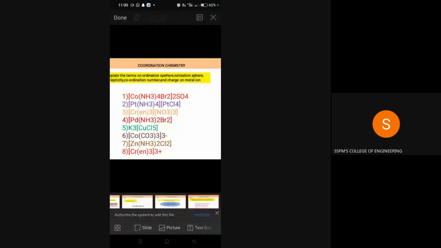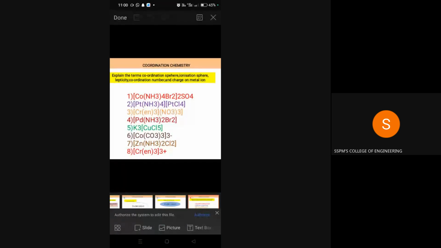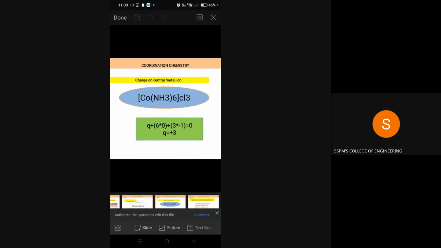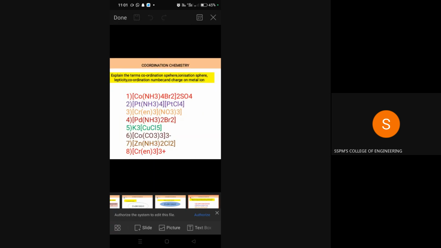सो आता पहिला जो कॉम्प्लेक्स आहे, लेट अस सी द फर्स्ट कॉम्प्लेक्स. So let us see the first complex CoNH3 4 Br2 means ammonia has 0 charge. मगाशी जे आपण इथे फॉर्म्युला काउंट केलाय बघा, चार्ज ऑन मेटल आयन त्याच्यामध्ये Q + 6 × 0 + 3 × -1 इज इक्वल टू 0. त्याच पद्धतीने तुम्हाला जर फर्स्ट